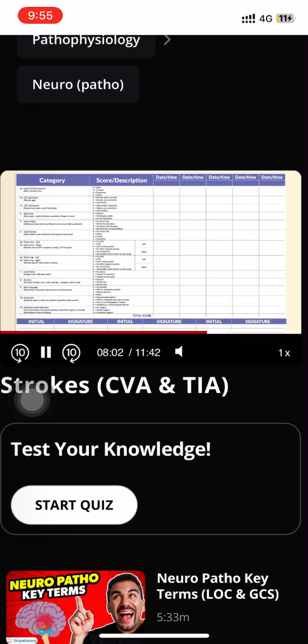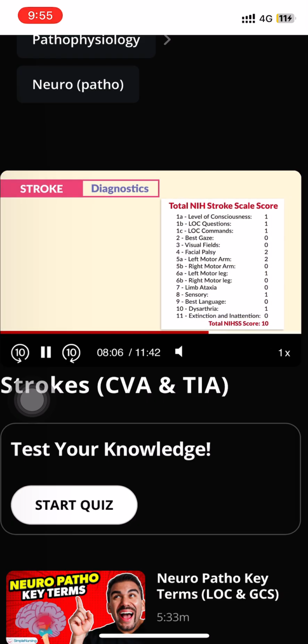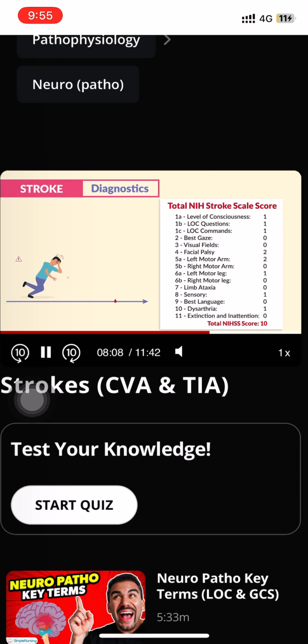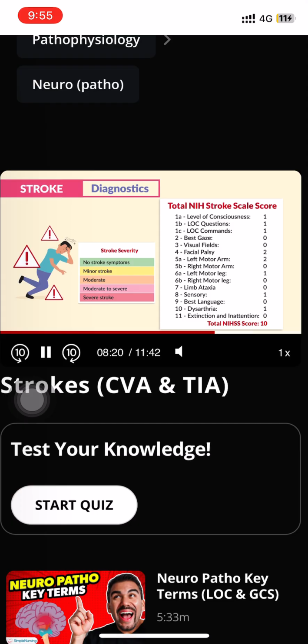As you can see, there's a lot of boxes here and it's very detailed on the chart. Now here's the key point. When implemented early and measured at the 24-hour mark of when the stroke occurred, it is highly predictive of the long-term outcome, basically the prognosis. So it's a common diagnostic method for quickly assessing both the severity of a stroke and the long-term outcomes, or